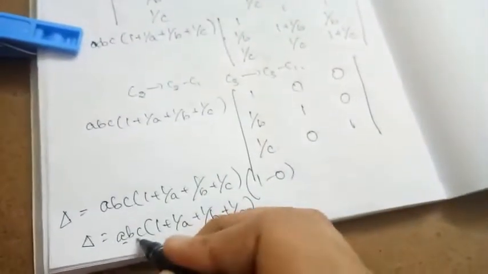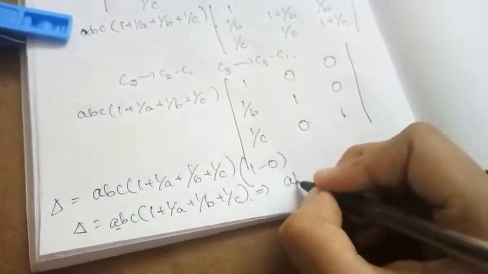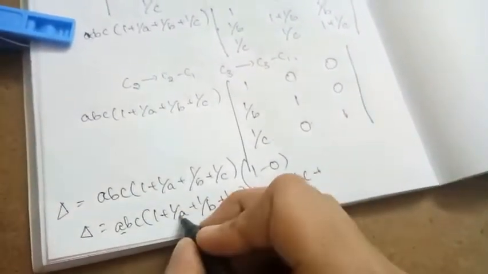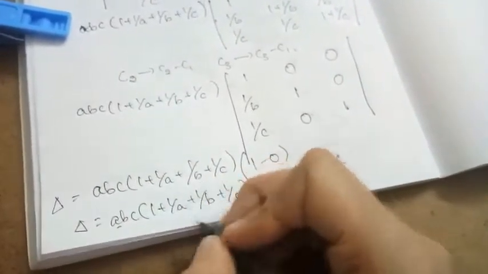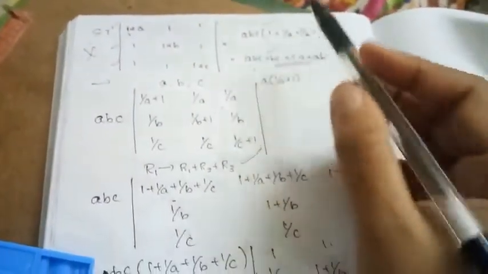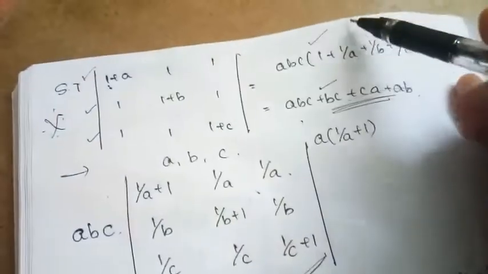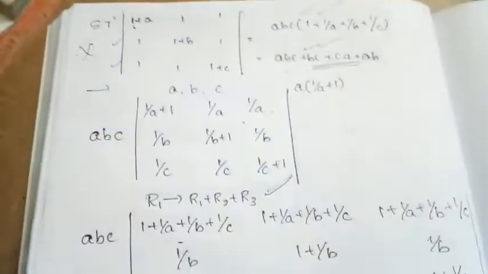How are we going to get the other form? Just multiply ABC inside this bracket. After multiplying, what do we get? ABC multiplied here, AA cancels, BC. Multiplying this term, BB cancels, AC. Multiplying this term, CC cancels, AB. This is how we get the second one. The question might be asked with the RHS equal to this one or the RHS equal to that one. This is how we solve it.